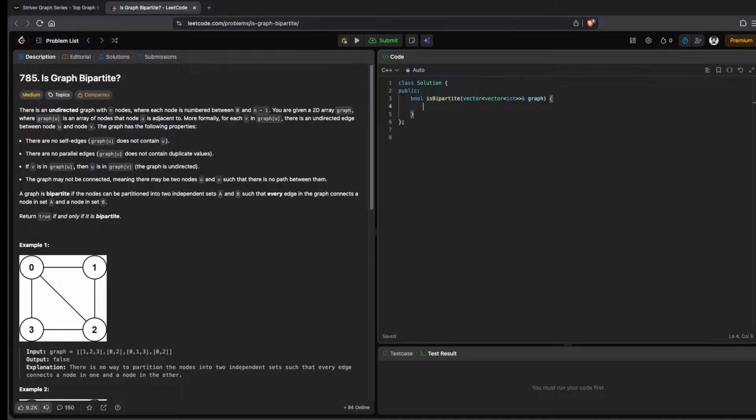If v is in graph[u], then u is in graph[v]; the graph is undirected. The graph may not be connected, meaning there may be two nodes u and v such that there is no path between them. A graph is bipartite if the nodes can be